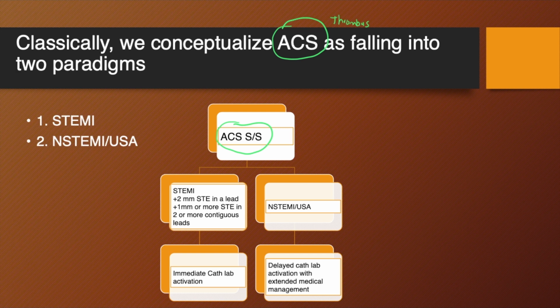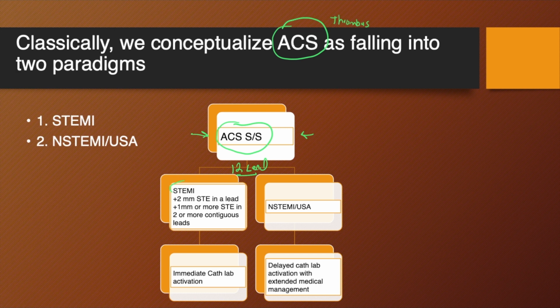And these more atypical findings are going to be more common in older patients and people with certain chronic conditions where you can have some neurological deterioration, such as diabetes. So you have the signs and symptoms and some risk factors that suggest an acute coronary syndrome, and then you get a 12-lead ECG, and based on the analysis of the 12-lead, we can categorize these patients as either falling